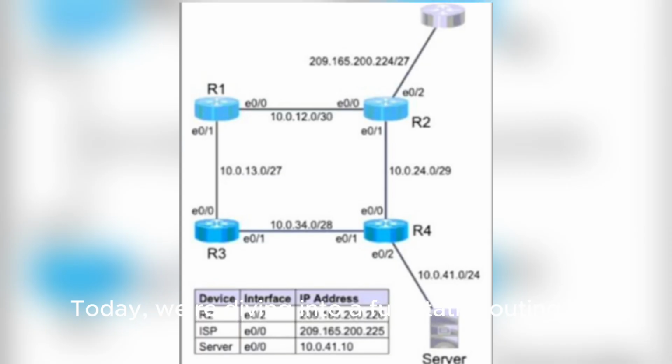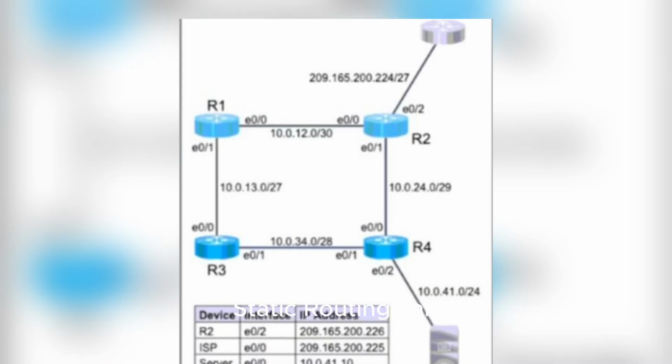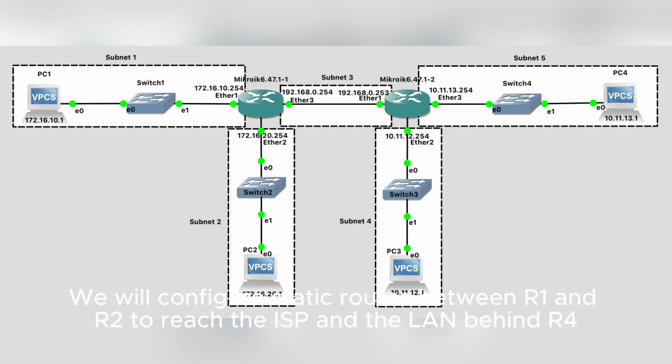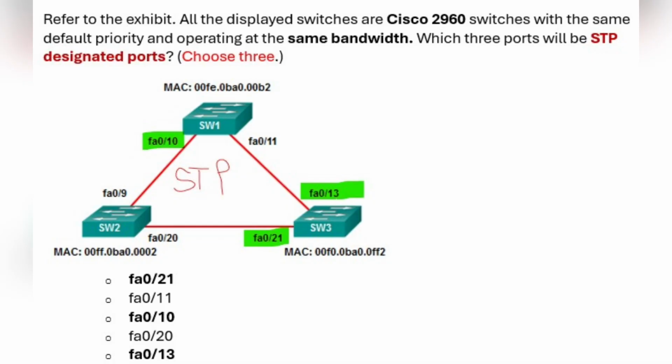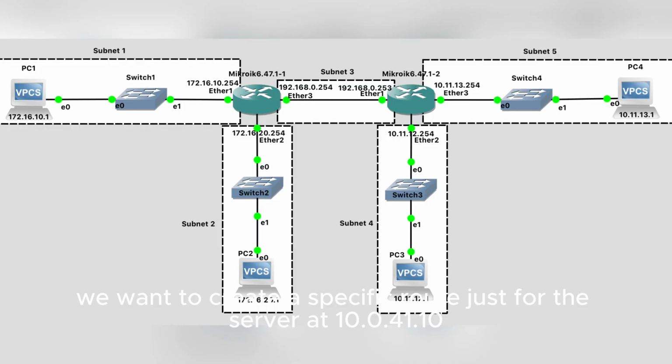Today, we're diving into a fun static routing lab. Static Routing Lab, Simulation 13. We will configure static routes between R1 and R2 to reach the ISP and the LAN behind R4. Let's get started. First, on router 1, we want to create a specific route just for the server at